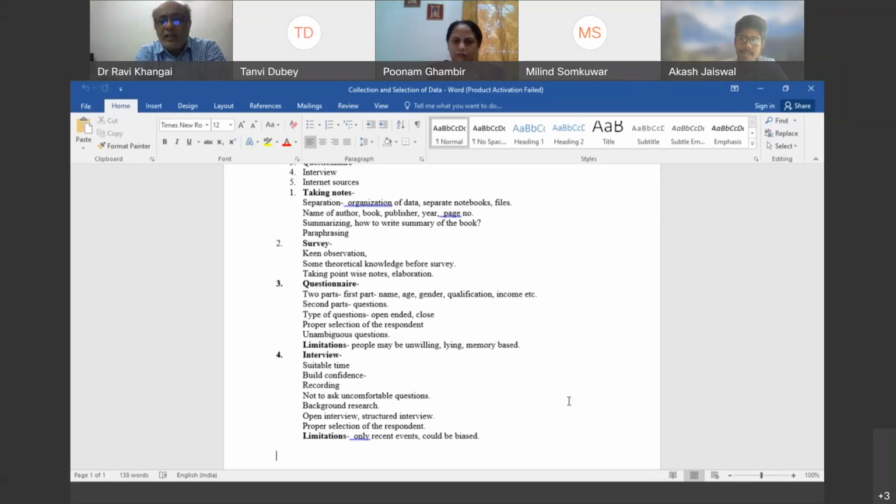Well, so this is all about the questionnaire, which is the written form, and the oral format of the questionnaire is the interview. The precautions that you need to take in the questionnaire, similar precautions you need to take in the interview method. You need to select the proper person who is related to your area of research. You need to have unambiguous, very clear questions. Next thing is that you need to take the person into confidence. The person that you are interviewing should feel trusted. He should be able to trust you. Otherwise, he may not open up.